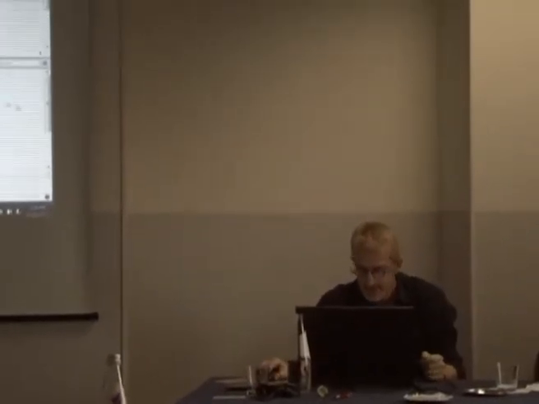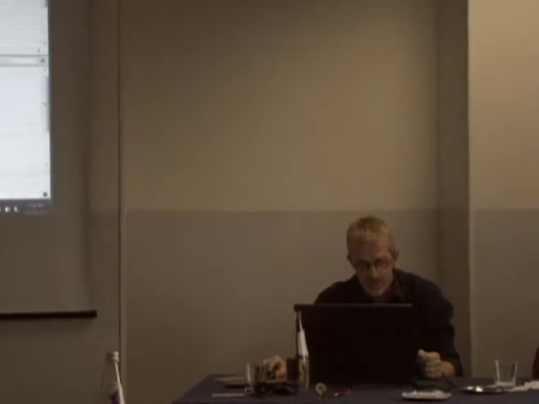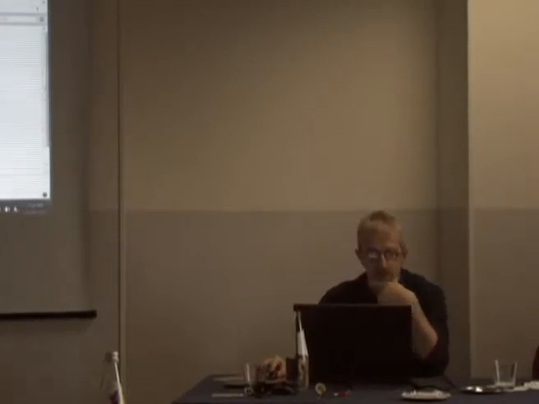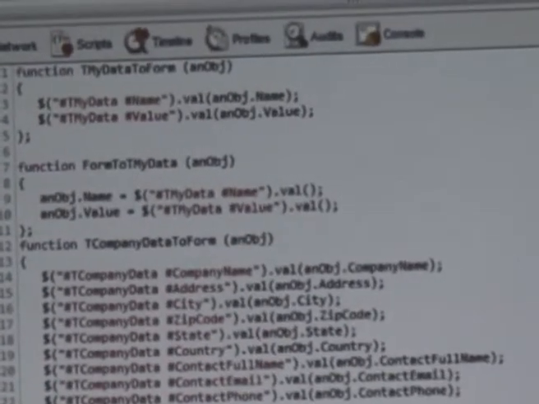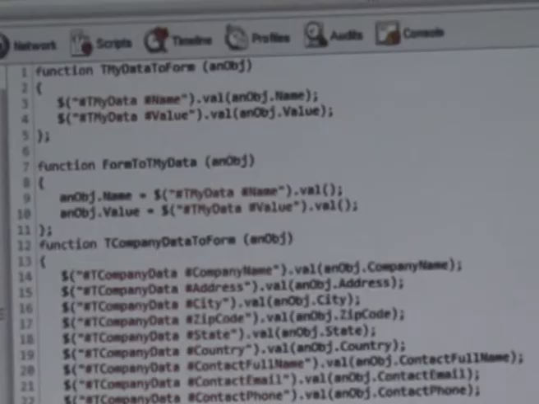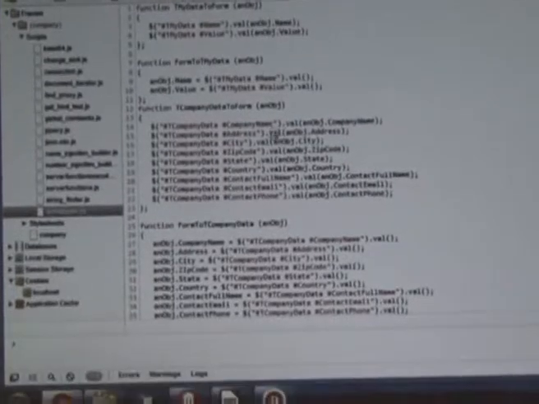So what I've created is a JavaScript file that does the mapping. It has a function, tMyData2form, that will take the object and copy each field to the corresponding form field. And at the opposite, form2myData will do this operation. Now, the same project can also work on a bigger data structure that has way more fields. And again, we have a similar mapping, and now it's a long work to write all of this code. Okay? Now, this is called